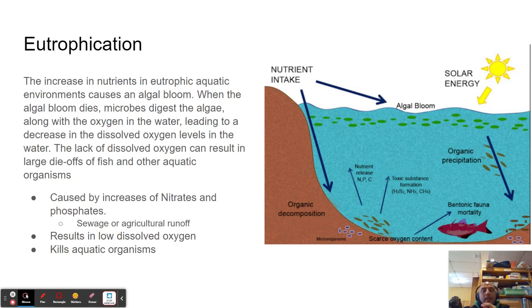How can that happen? Well, that could happen by fertilizer runoff from farms. People put fertilizers on their grass. Golf courses are going to provide a lot of fertilizer because they want to keep their grass perfect. Sewage has a lot of NPK in it. Okay, human sewage, dog poop, a farm that has animals. Okay, CAFOs, that's going to have a lot of NPK. So right there, that's a lot of nutrients going to a body of water. It could go into a river, it could go into the ocean. When all those nutrients go into the water,